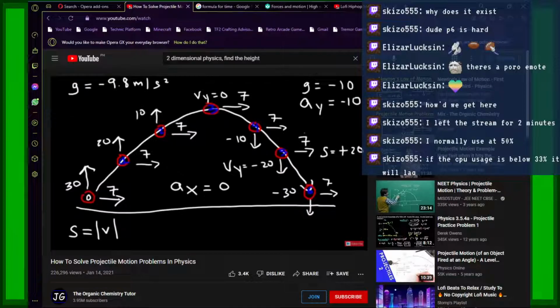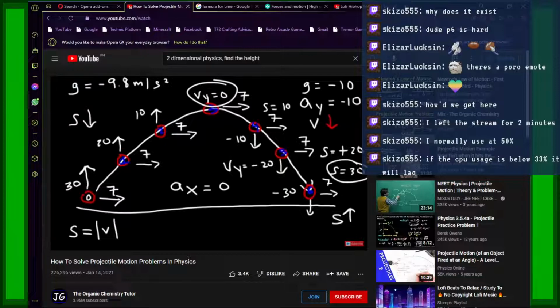Now if you notice, because the acceleration is negative, the velocity is always decreasing. On the left side, it goes from 30 to 0, so it's decreasing. On the right side, from 0 to negative 30, it's still decreasing. So the velocity is always decreasing. However, the speed, because it's never negative, is positive on the left side and the right side. So notice that the speed is decreasing on the left side, but on the right side it's increasing because it goes from 0 to 30.